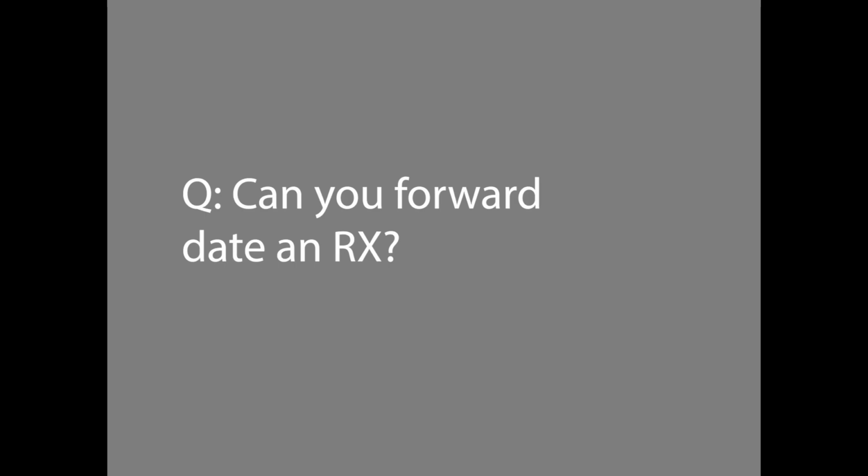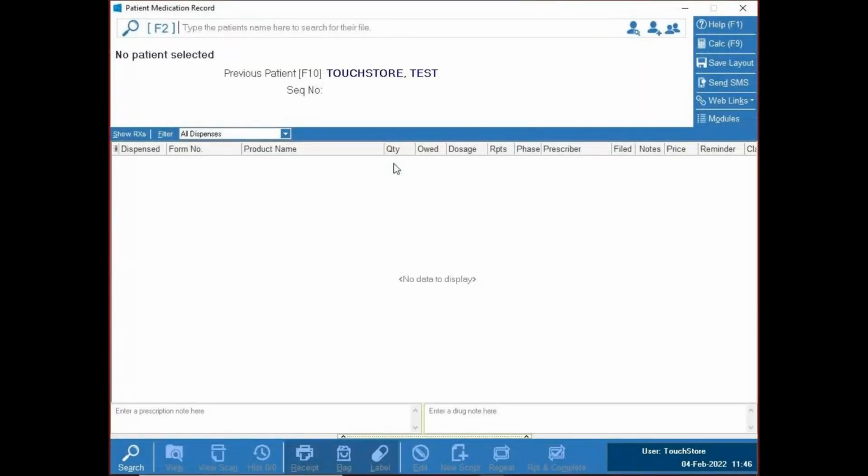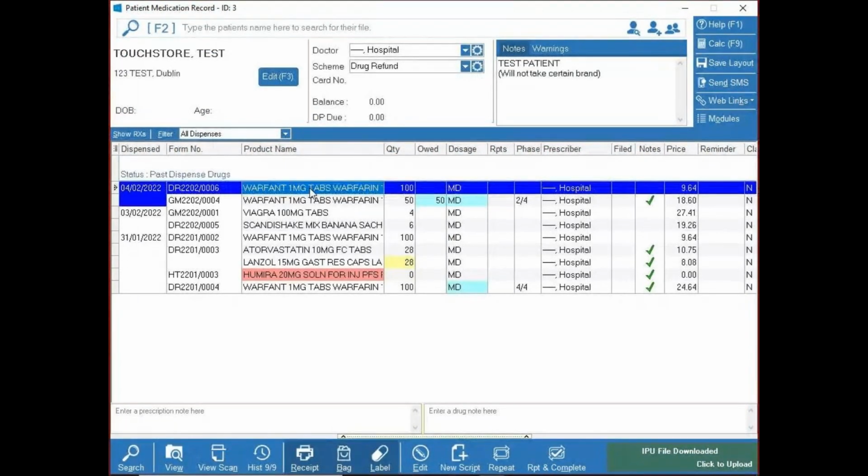Okay. Can you forward date an RX? You can, of course. I'll show you that. You can either forward date one item or you can forward date the entire prescription. It's really up to yourself. Again, I'll use this warfarin as an example. Let's say I dispensed it and then realized, oh, I need to forward date that. If I edit that,